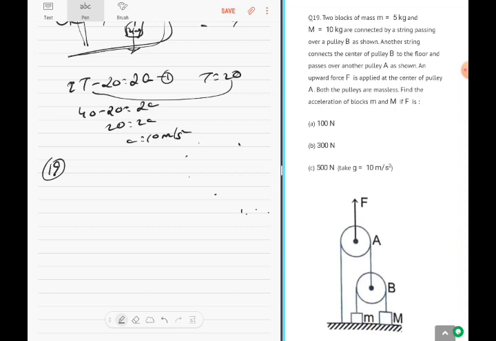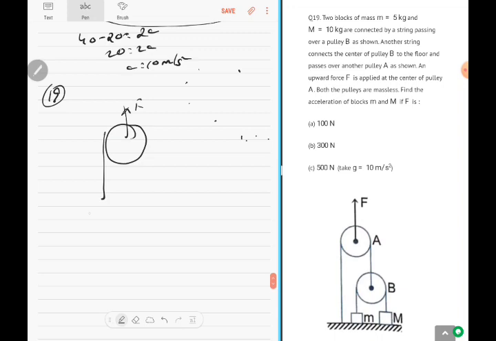2 blocks of mass 5 kg and 10 kg are connected by a string passing over a pulley B. Another string connects the center of the pulley B to pulley A, and an upward force F is applied at the center of pulley A. Okay, I think I can manage and do this. So that's A, and there is